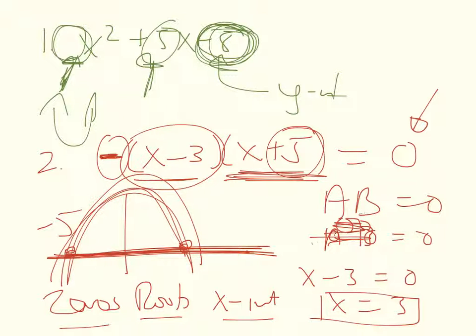Other questions you might be asked: what's the axis of symmetry? That's like the question I just did on the word problem. You're going to take your two zeros of 3 and negative 5 and add them together. So your axis of symmetry here will be negative 1. And then you can sub that back in. I'll do this actually. Sub that back into this equation to figure out what